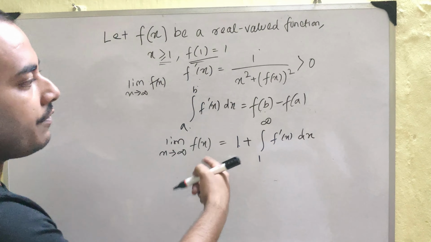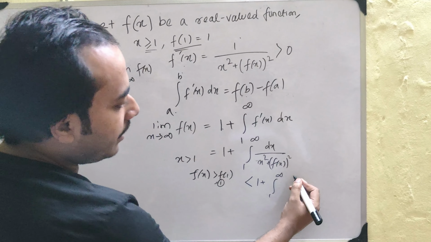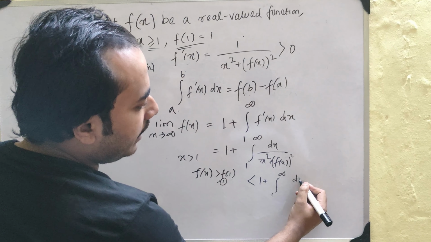Okay. Now this can be written as 1 plus the integral from 1 to infinity of dx by x square plus f(x) whole square, correct? This is the integral you have. But remember that since f is an increasing function, and x is greater than 1, we can write that f(x) is greater than f(1), right? Which is nothing but 1. And since f(x) is greater than f(1), this quantity here should be less than the integral from 1 to infinity, since f(x) is in the denominator, of dx by x square plus 1,